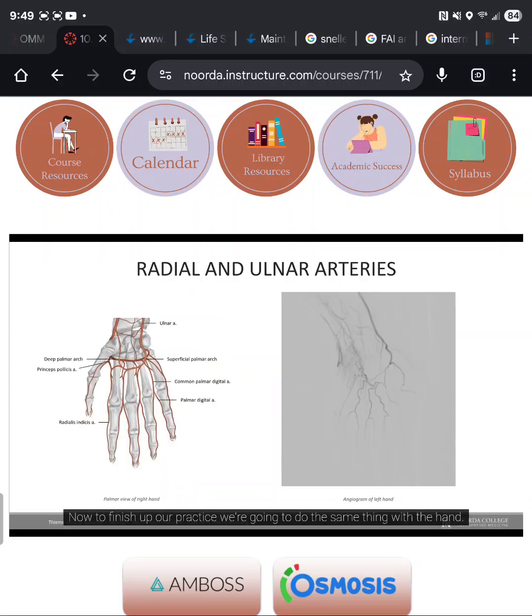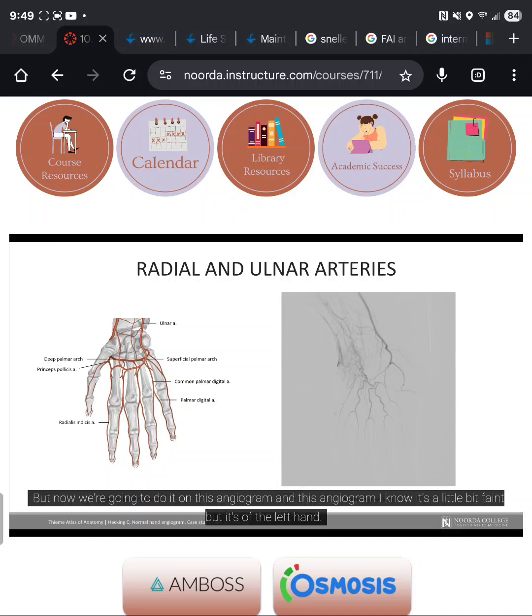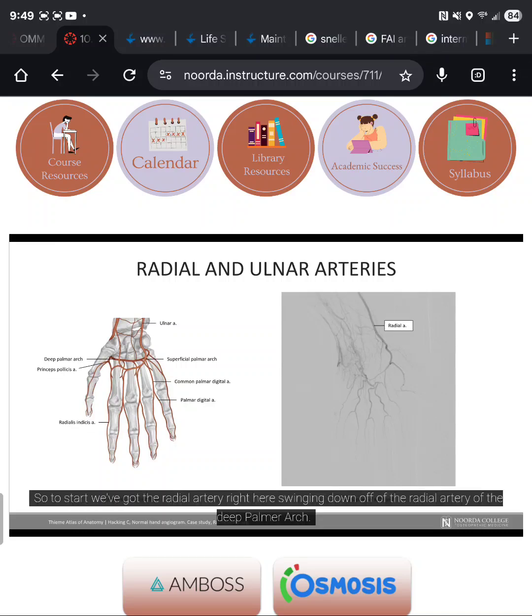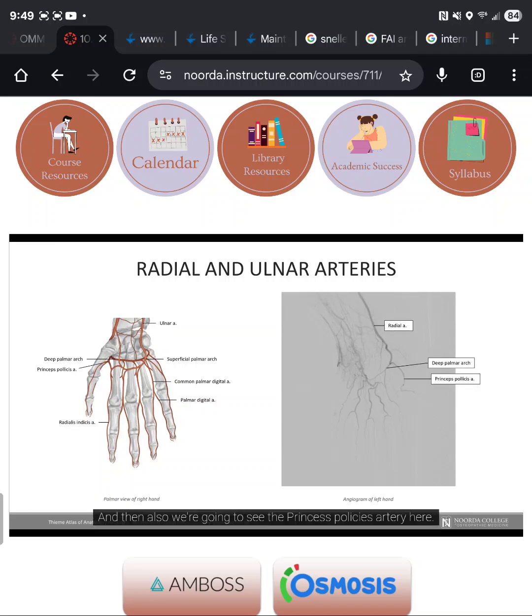Now to finish up our practice, we're going to do the same thing with the hand, but now we're going to do it on this angiogram. And this angiogram, I know it's a little bit faint, but it's of the left hand, so we're going to be flipping everything. So we've got the thumb right here, then digit 2, 3, 4, 5, continue over. So to start, we've got the radial artery right here swinging down. Off of the radial artery, we have the deep palmar arch. And then also we're going to see the princeps pollicis artery here,